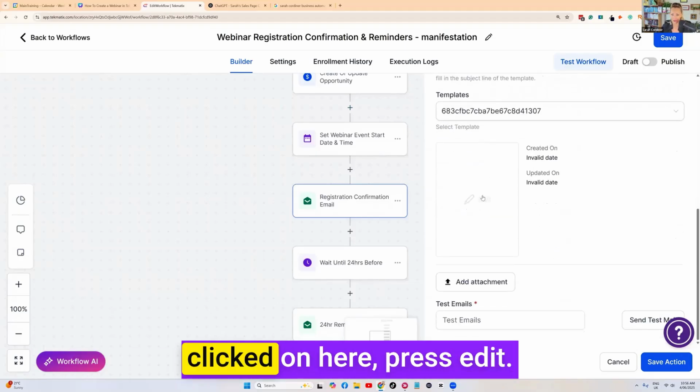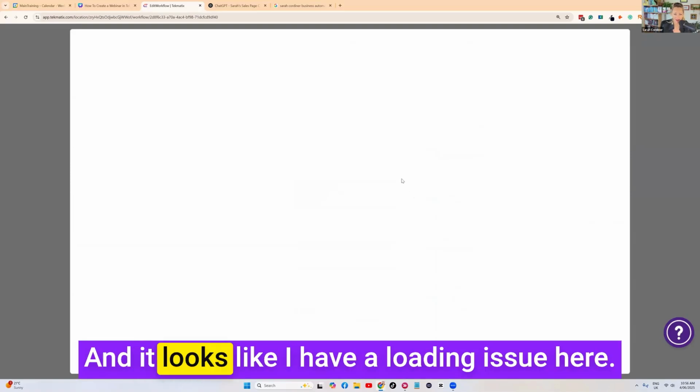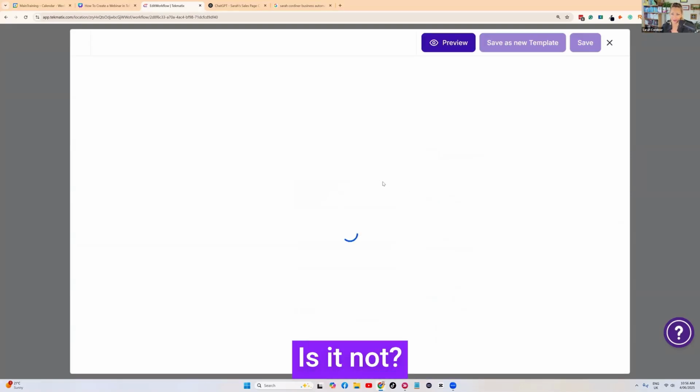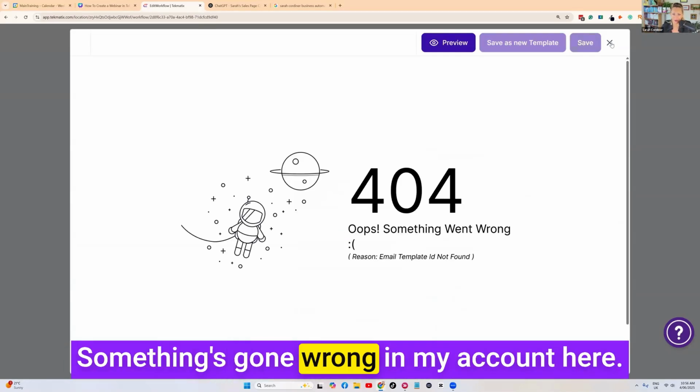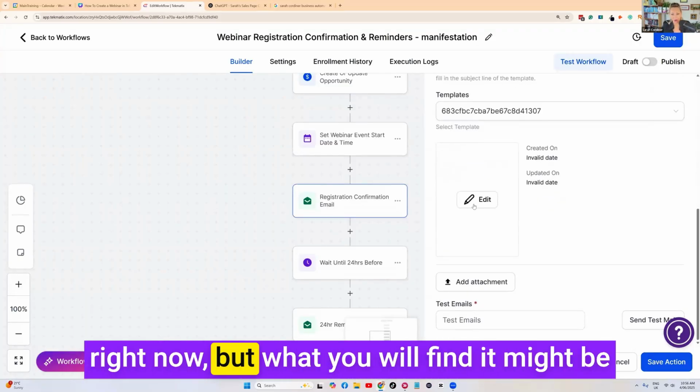Scroll down when you've clicked on here, press edit. And it looks like I have a loading issue here, maybe. Is it not? Something's gone wrong in my account here. Okay, that's interesting. I don't know what's going on with my account right now, but what you will find might